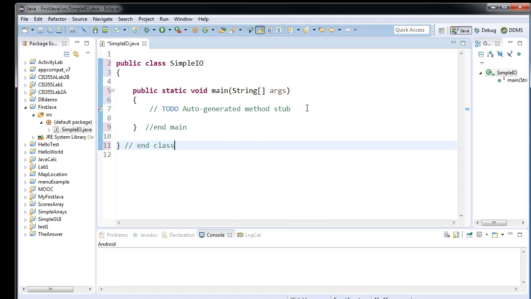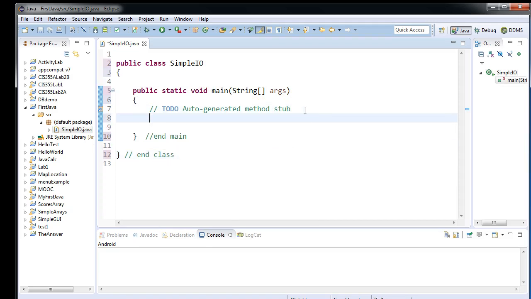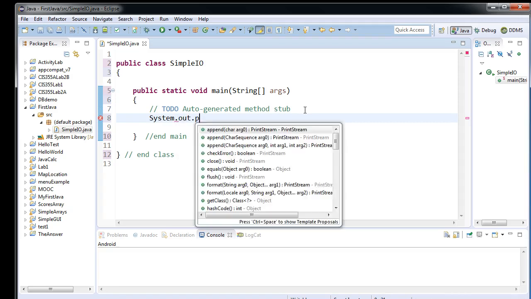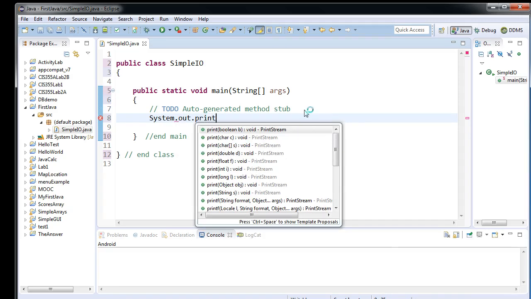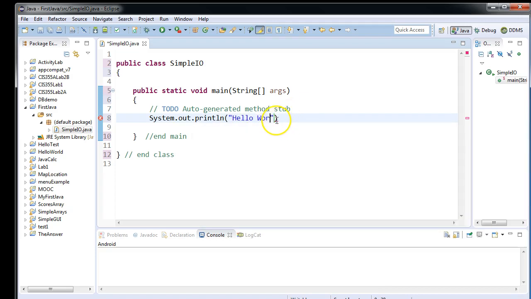All right, so our initial program is just going to be a simple Hello World program. And so that means we need some simple output. So we're going to use System.out.println Hello World. All right, now, one thing to notice here, there are some things that need to be capitalized in